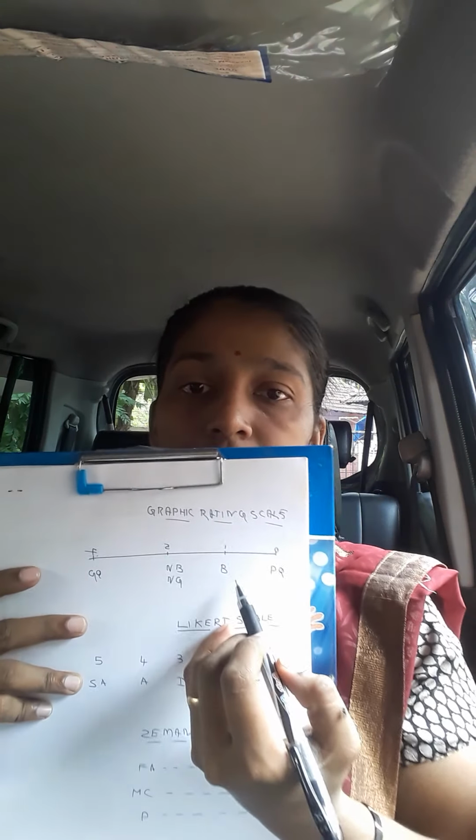Now here, mainly the techniques we are using are the graphic rating scale and the itemized scale. In the graphic rating scale, we are using a certain graph which will help us to assess the level of their like and dislike. See here, you can see a scale. I think it's clear. Graphic rating scale. Here we'll have points.